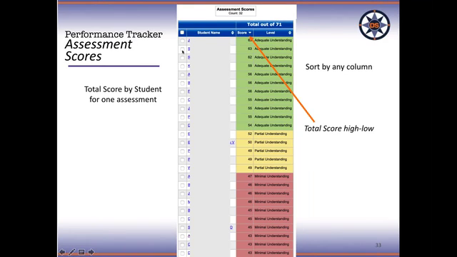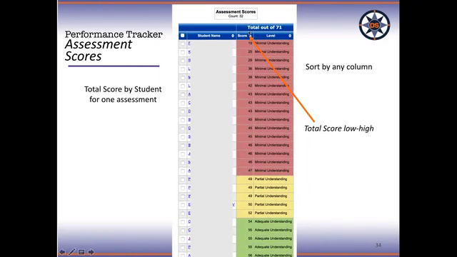So these are all the students at the top. And these are all the students who scored a level 3. This would be a level 3, level 2. And these are level 1s, all of these students. Sort it again, and I get it from low to high. So these are all the students who scored at the bottom of the range. And these are the middle and the high.